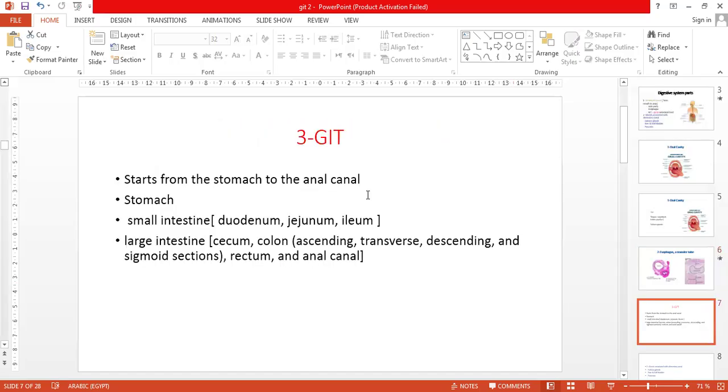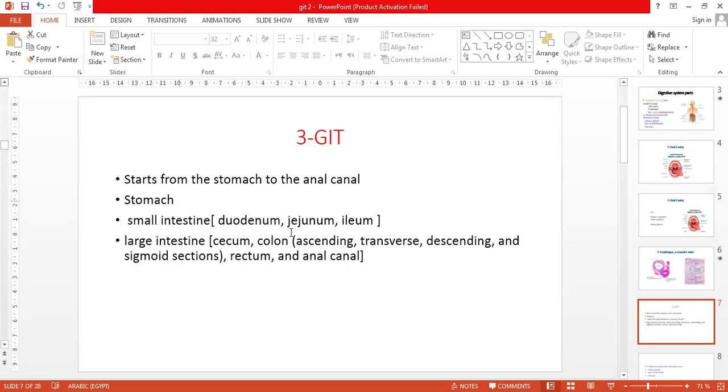After the esophagus, the GIT starts, the gastrointestinal tract, from the stomach to the anal canal. The stomach has different anatomical parts, but in histology we divide it into two parts: the fundus, which includes the fundus and the body of the stomach, and the pylorus. Then there is the small intestine: duodenum, jejunum, and ileum; the large intestine: cecum, colon, ascending, transverse, descending, and sigmoid colon, the rectum,